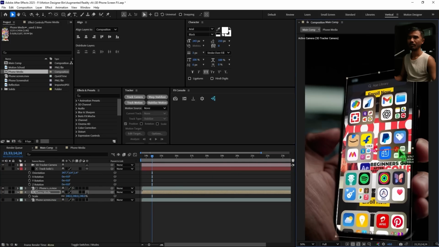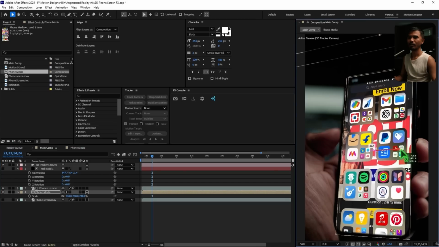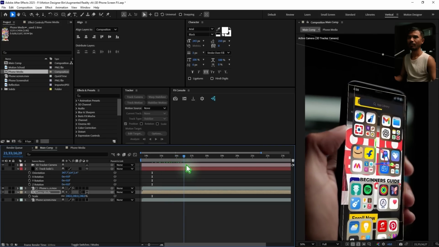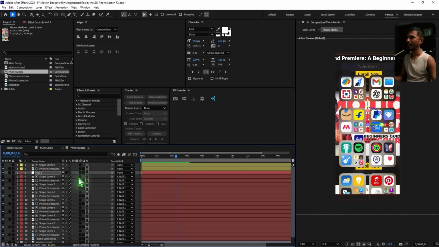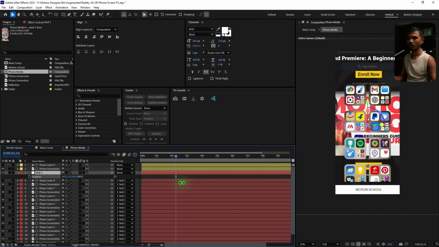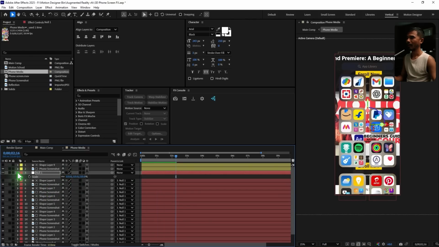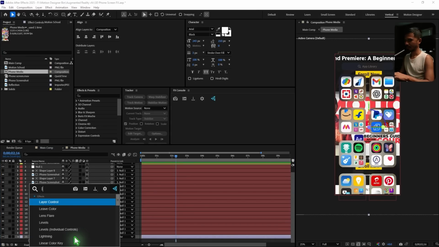Maybe I'm gonna move it somewhere here, or collapse this transformation, right? Click on this little gear so that we have some depth. So if you play it back now, you can see that it's very, very cool. It has some depth. You can always go inside this phone media and you can adjust the depth here. Maybe I'm gonna push it towards the back side, maybe scale it back up, and let's just add some blur to the background